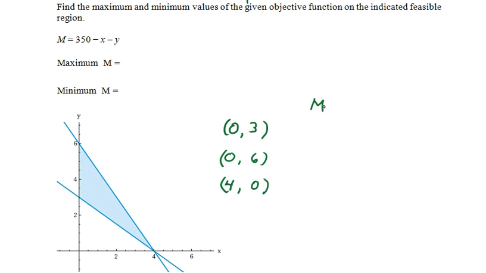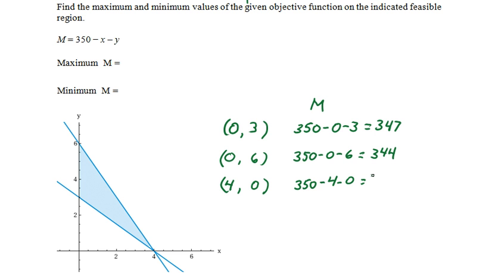So for (0, 3), we would have 350 minus 0 minus 3, or 347. For (0, 6), we'd have 350 minus 0 minus 6, or 344. And for (4, 0), we'd have 350 minus 4 minus 0, which is